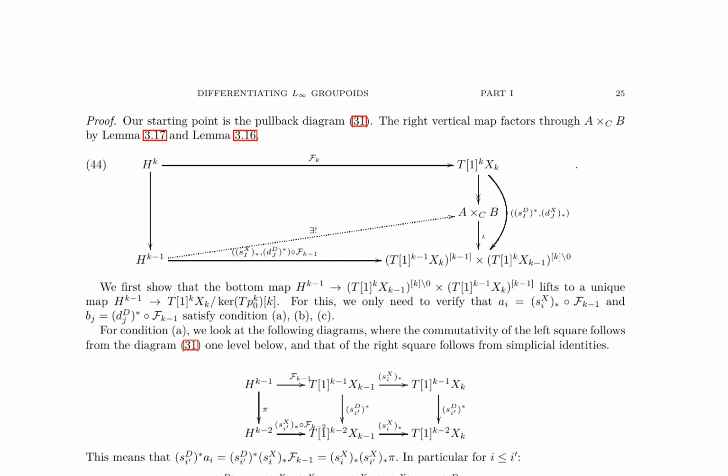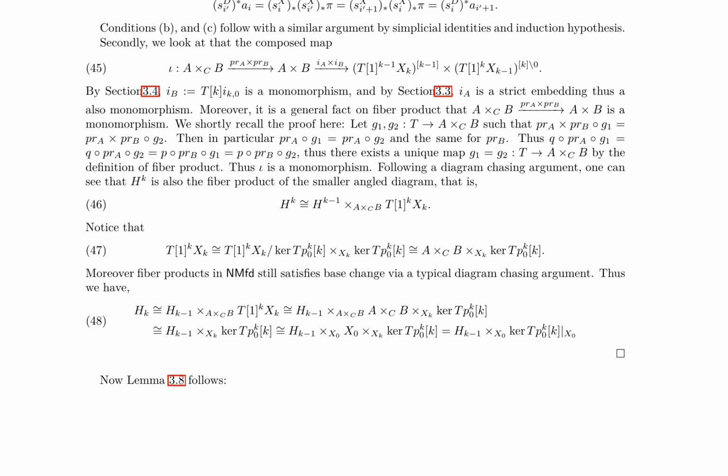This is achieved by verifying conditions A, B, and C for I and Bj. The proof then shows that HK is the fiber product of the smaller angled diagram, as expressed in equation 46. It also establishes the isomorphisms in equation 47, simplifying T1, KXK. By applying base change properties of fiber products, the isomorphisms in equation 48 are derived, leading to the desired result